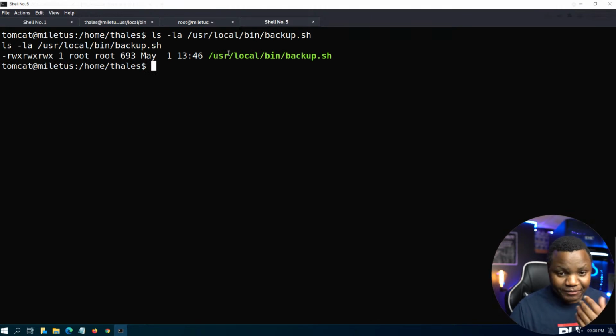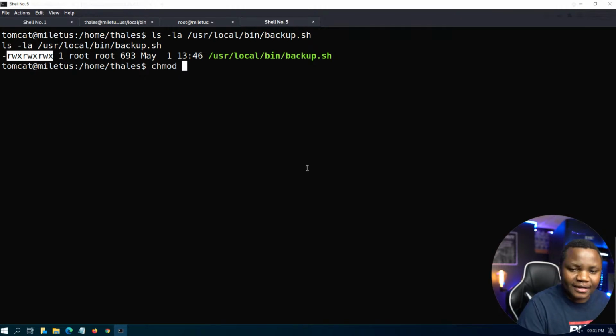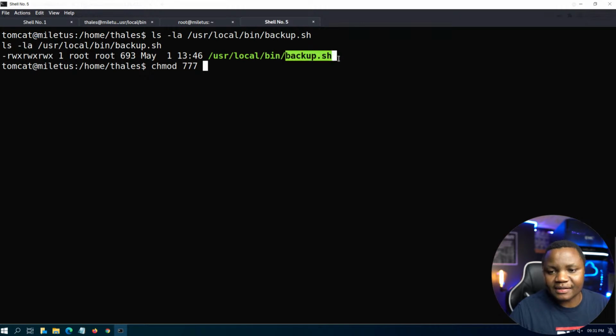All right, I guess anybody and their friends and family relatives can write to this file. Take notes here. If you are a system administrator, this is an unfortunate thing to do. I wouldn't encourage you to do it. What they did is chmod 777